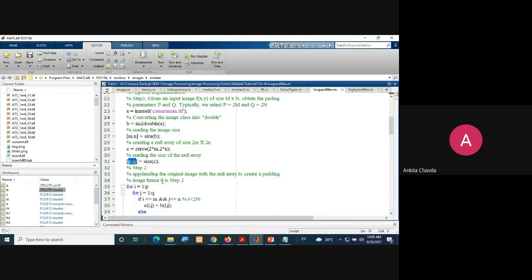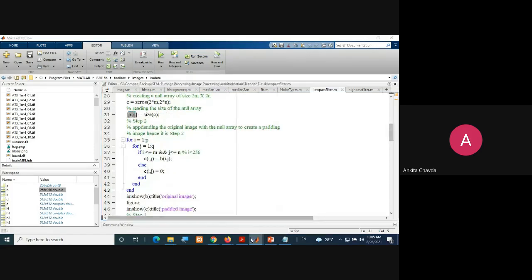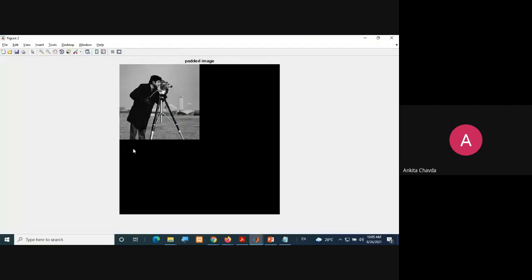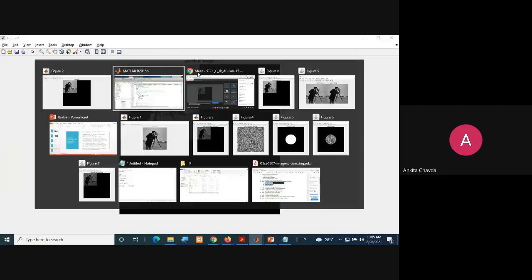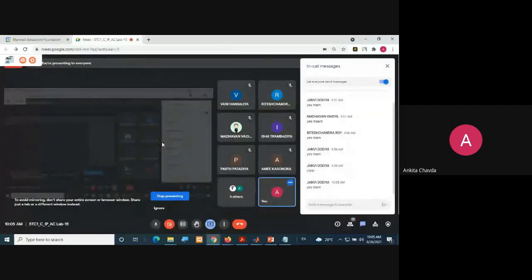So after that what I need to do, because this image C is right now all zeros. Now I want to just copy my original image to this padded image. So for that you need to take the for loops, right?